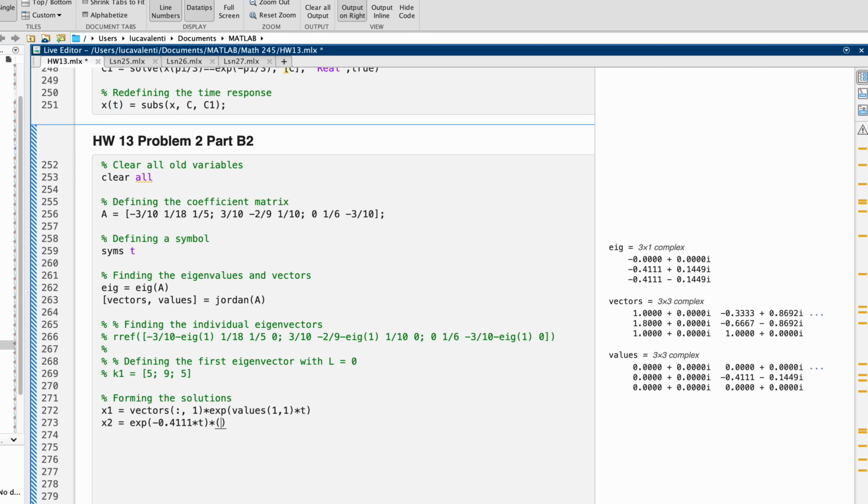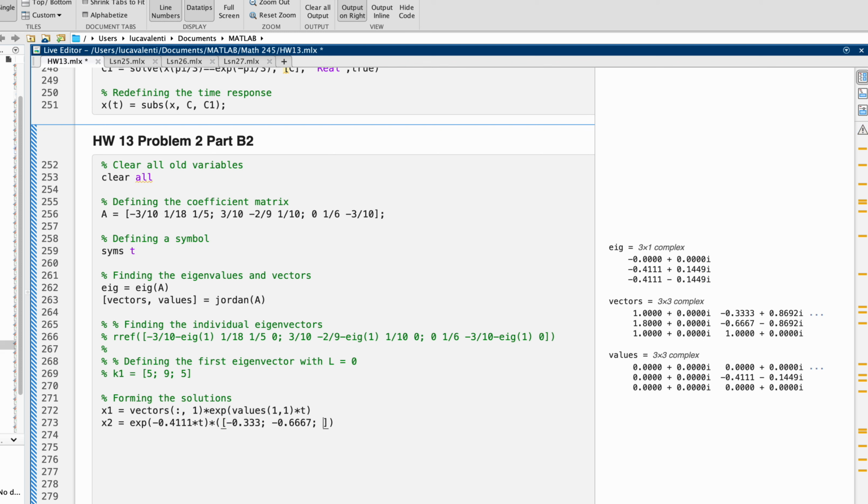And then I'm going to multiply everything by the real part of the eigenvector associated with this eigenvalue, which is this one right here. So I'm going to multiply everything by the vector minus 0.6667, and it's actually 3 parts, so it's negative 0.333